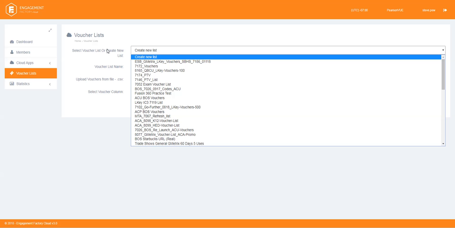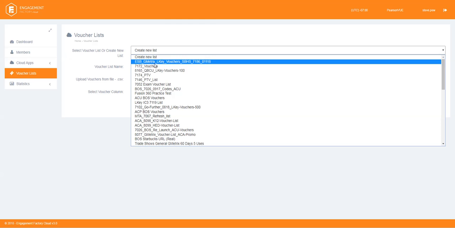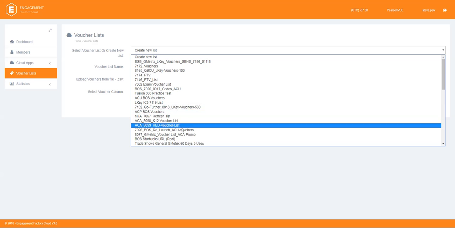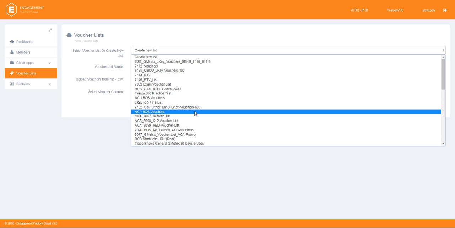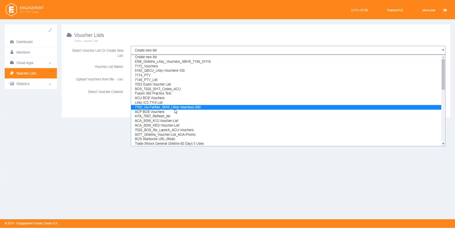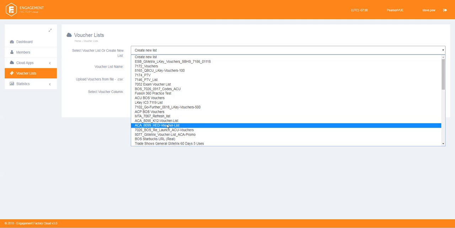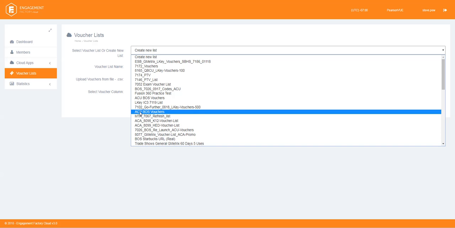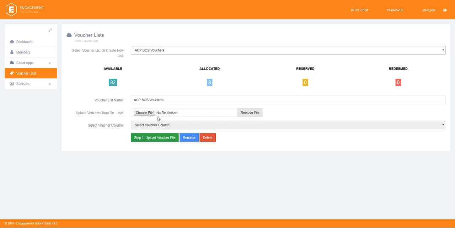Just for the sake of showing you how this works, we have a list of lists. Basically, here's a selection of lists of vouchers that we've been using in our marketing campaigns to send out to people through fulfillment emails. For example, if I click on this ACP Blueprints of Success, it'll show you that we have 82 vouchers left. 8 have been allocated, and then reserved and redeemed is a feature that we're not currently using, but we